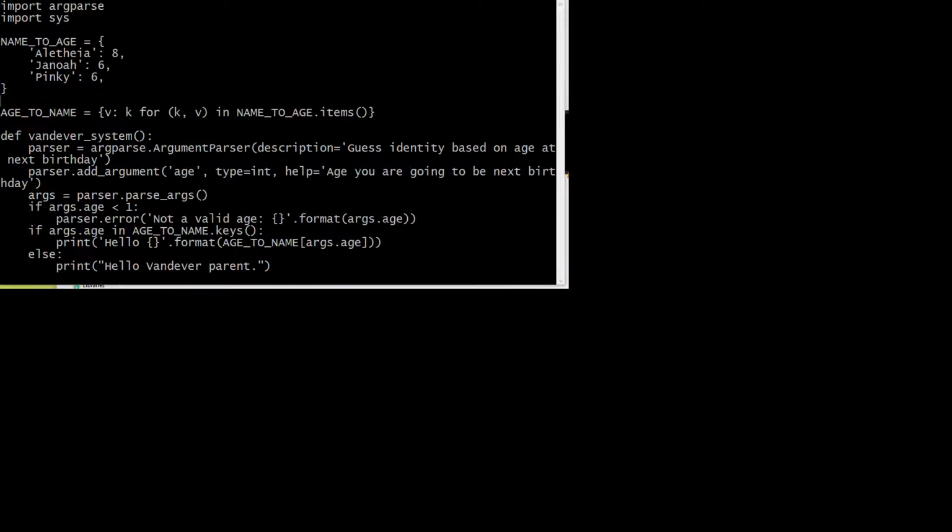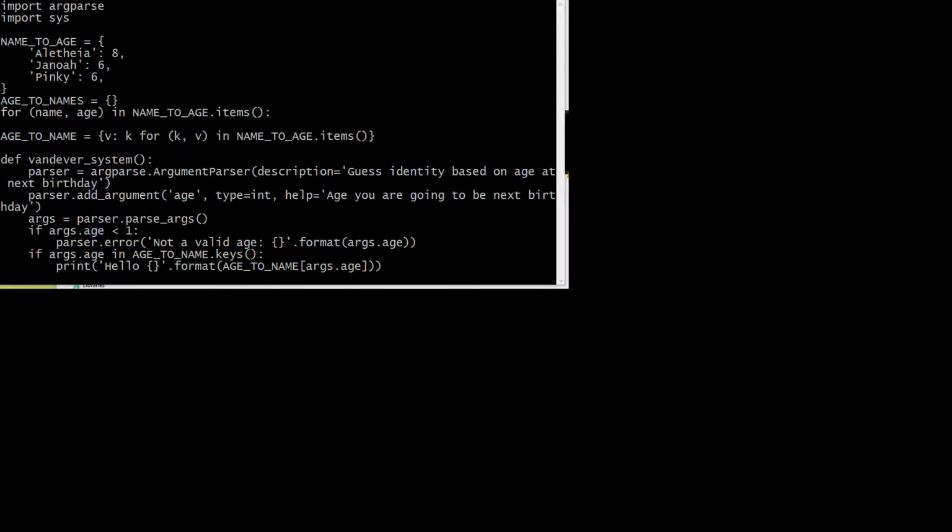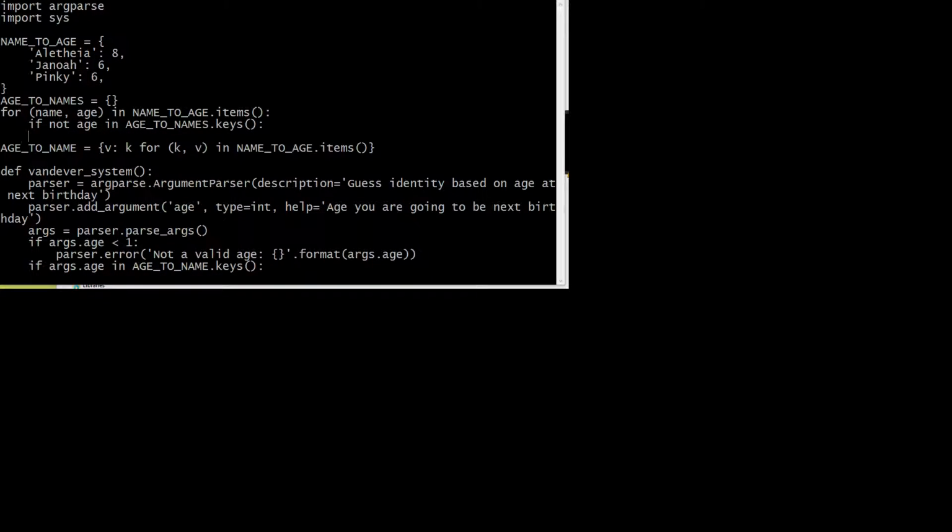So we can do something like this. age_to_names equals a dictionary. For name, age in name_to_age.items(): if age not in age_to_names.keys(), then age_to_names[age]